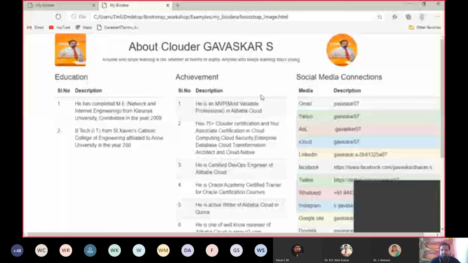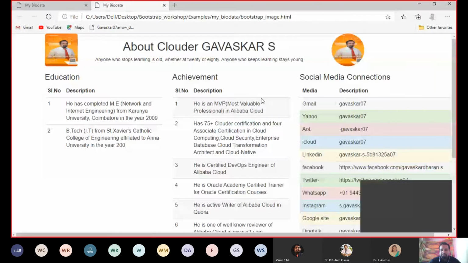Now this is okay. You see here, this is the image, I will say create rounded image. By using Bootstrap, it's very easy to create a rounded image. If you are using ordinary HTML to create a rounded image, you have to get it done in Photoshop or in Paint, then only you can create a rounded image. But see here, any image you are providing, if you want it in a rounded format, you just have to give one class, img-circle, so that it will be rounded.